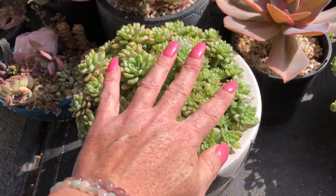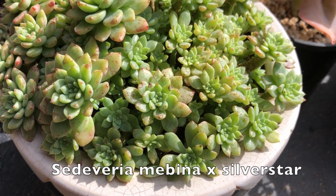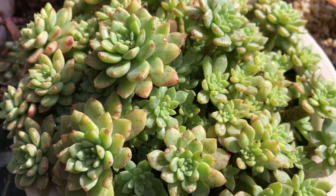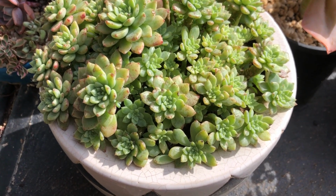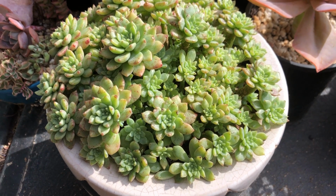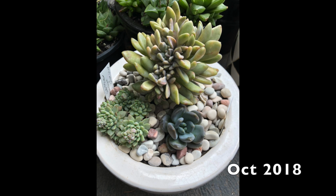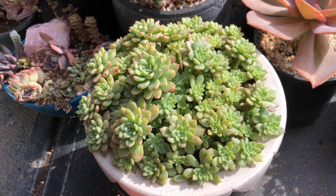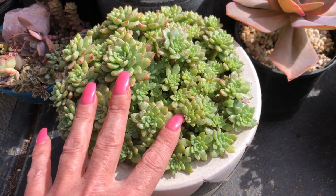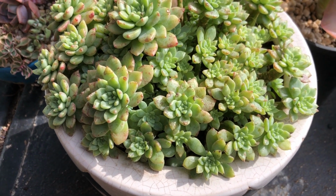This lovely pot here with all these cute little heads is a Sedeveria Mebina cross a Silverstar, and I'll insert a photo of when I first got it. And I'll check the date when I purchased it. But initially it was sharing this pot with other succulents, as you see by the photo, and I took them out as this started to spread and grow, and it really filled out the pot, and it was looking a little bit more on point before summer, but